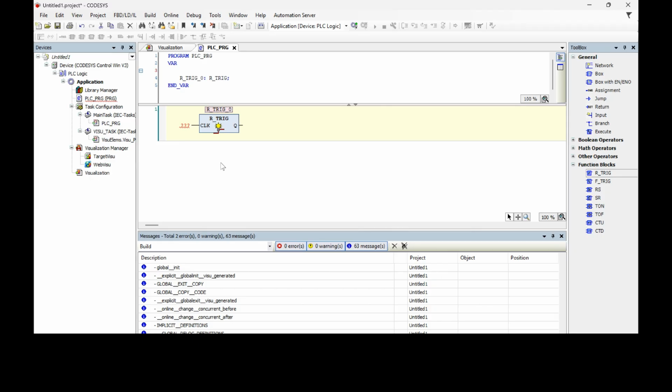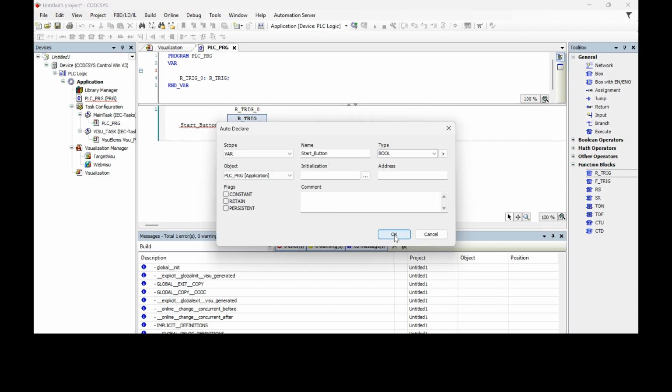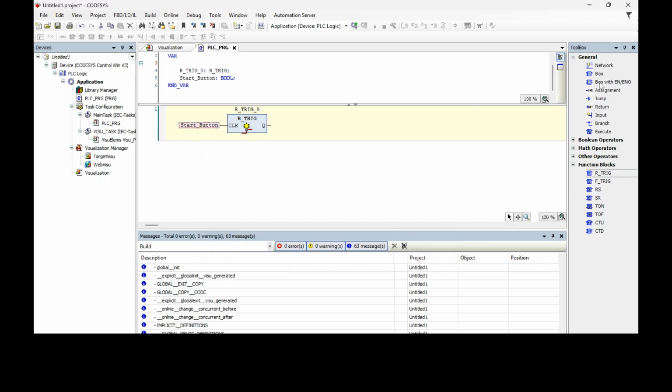This makes sure the counter only increases one step per press. So now we will only have one press, but if we had three presses, we would have to click the start button 3 times for the light to turn on by the rising edge detector. So here in the input, we will first have start button, and on the output, always drag in an assignment to do an output. We will have pulse,